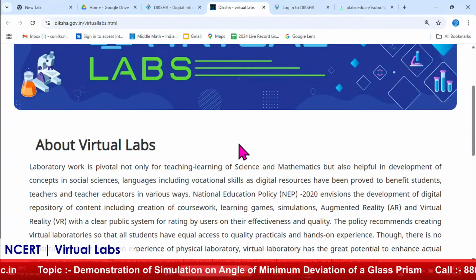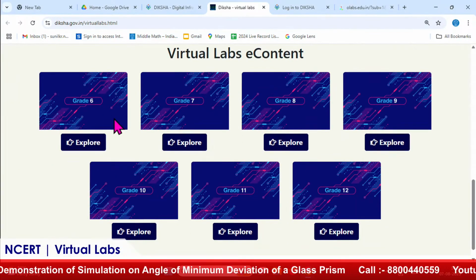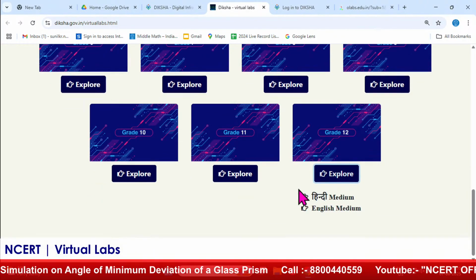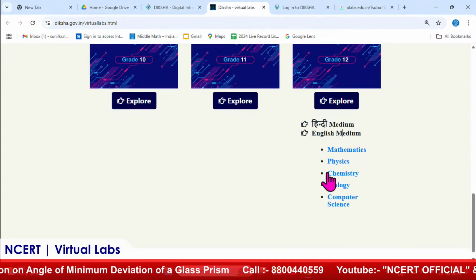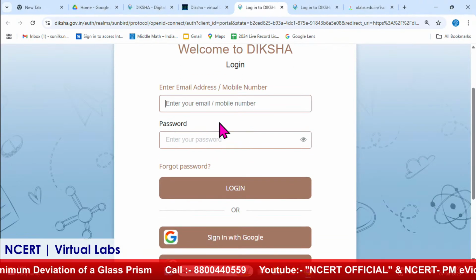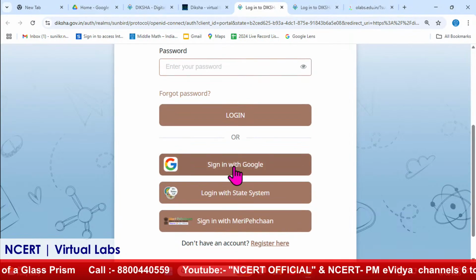Once you go over here in virtual lab, you will see all the contents which are available from grade 6 to grade 12th, and this is a grade 12th experiment, English medium. Go to physics. See, this is a one time login it will ask. So, I have already logged in with Google. So, sign in with Google,